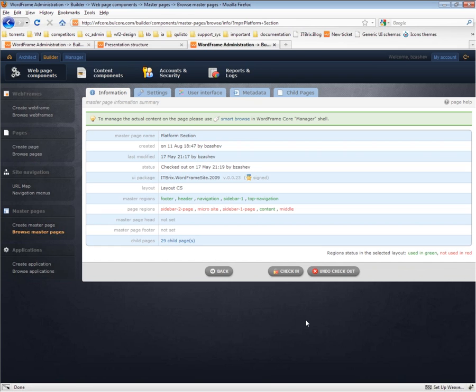The first thing is it is locking down the page so only you can manage it. And the second thing is it is producing a second copy of this master page or page. So you can start editing, start switching layouts, start switching skins, and see all the changes in the Smart